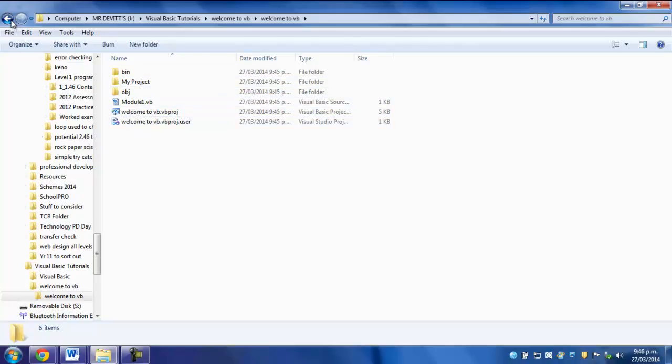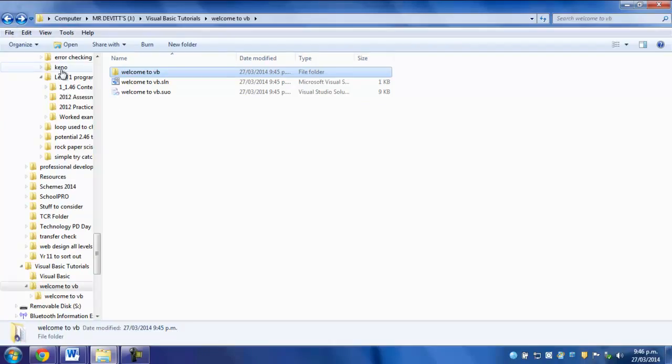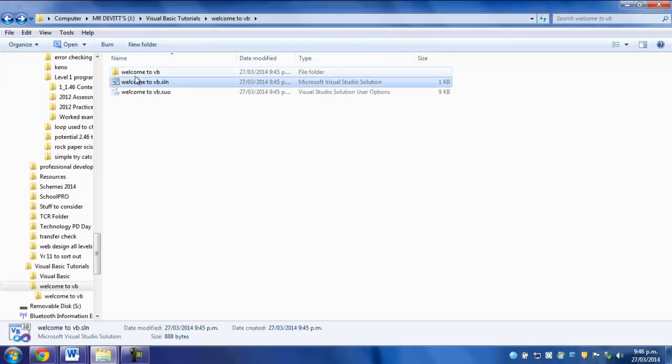So when you go to look at opening up your project from a previous day or a previous period, you would need to open this file here. It's called welcome to vb.sln, which stands for solution. So this is the solution, and it will basically open up all the stuff that it's needed inside of this folder here. So I'll go through and double click on that, open this up, and you'll notice